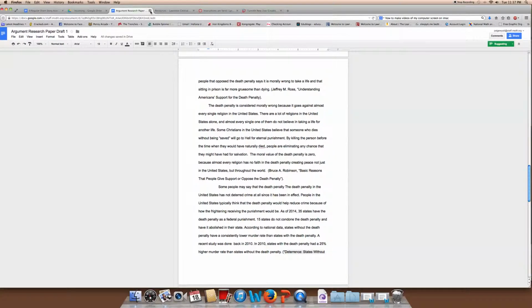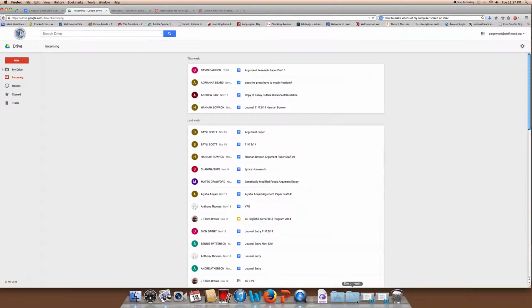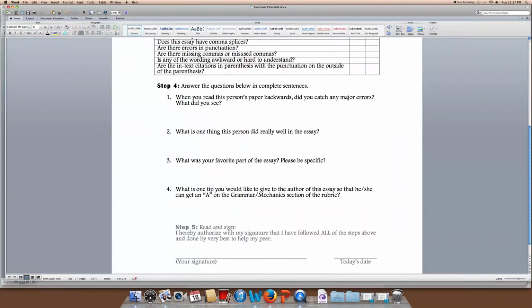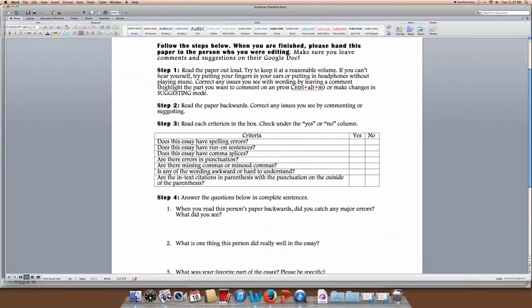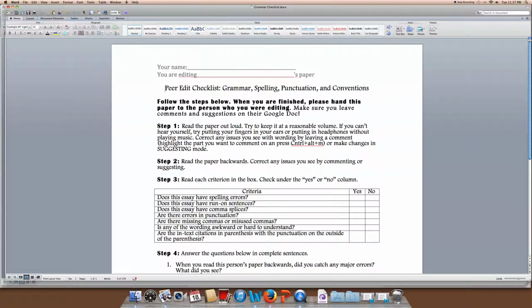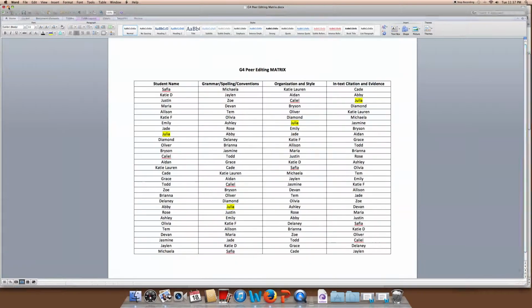So after I've gone through the paper and I've done the checklist, I'm going to hand this checklist to Abby and say, here, I'm done with your paper. Here's a checklist. And then I'm going to move on. I'm going to go back to this. I'm going to look at my name in the next column. Oh, look, I'm going to be editing Emily's paper,